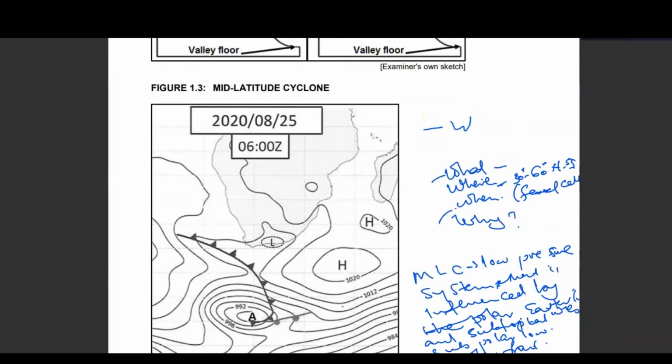We know that a mid-latitude cyclone occurs throughout the year, okay, throughout the year, but it affects South Africa, it affects SA only during winter time, okay, it's only during winter time. So there we have answered, when does it occur? And why is it occurred, or why is it affecting South Africa during winter time? We know that